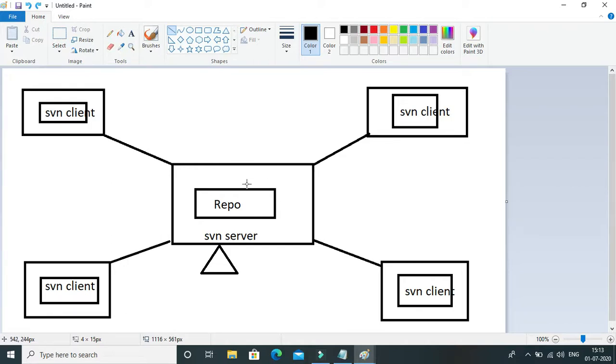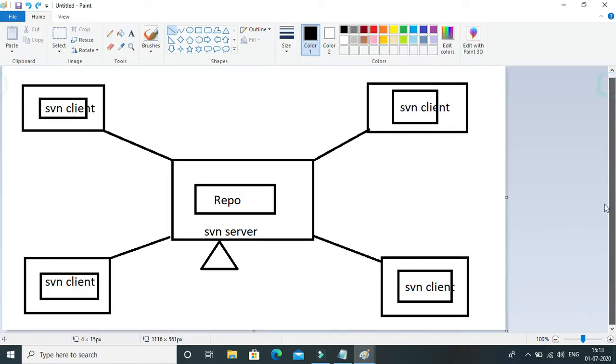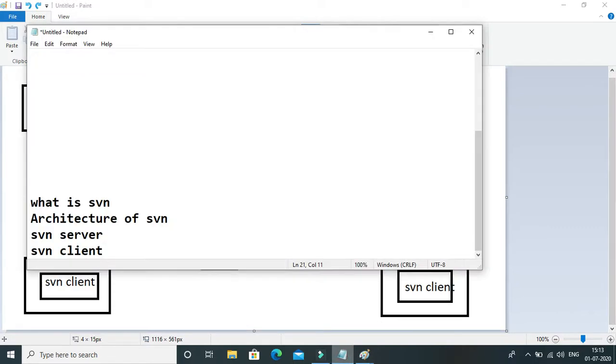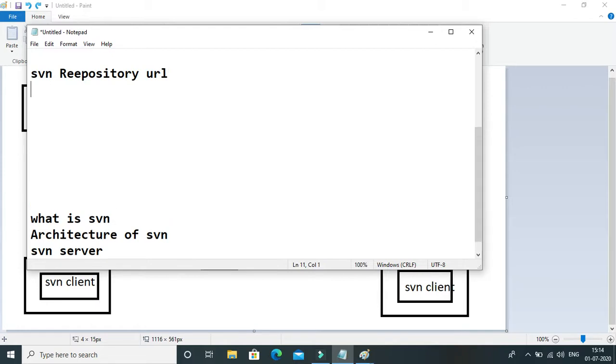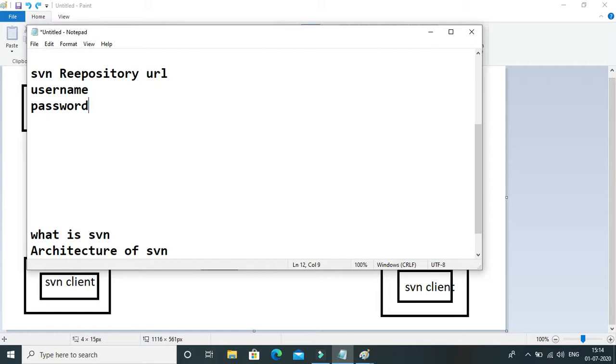In order to connect with the SVN server, we need two details: the SVN repository URL pattern, and the username and password to connect with the SVN server.